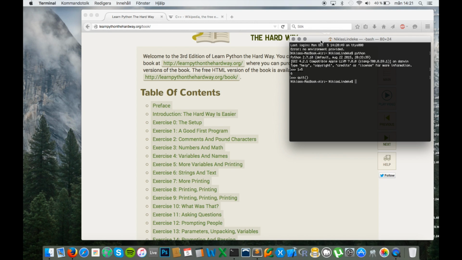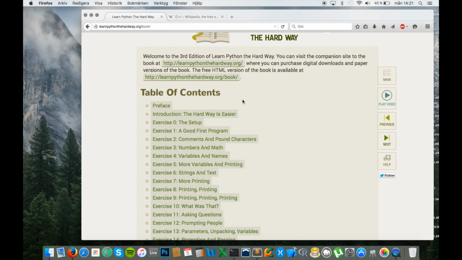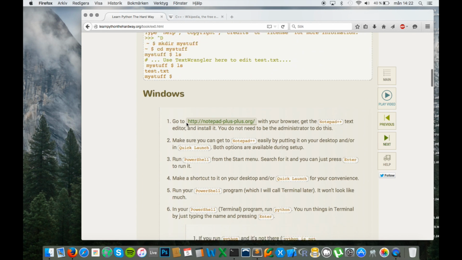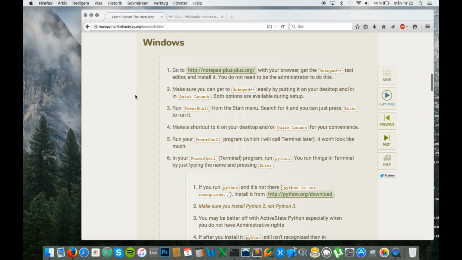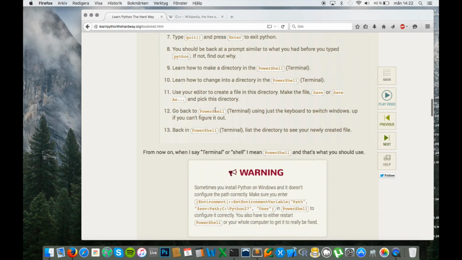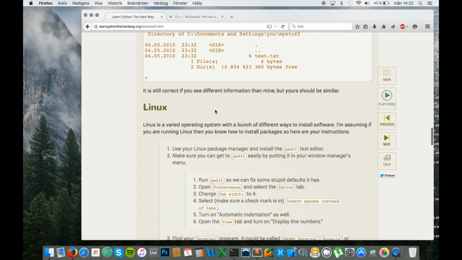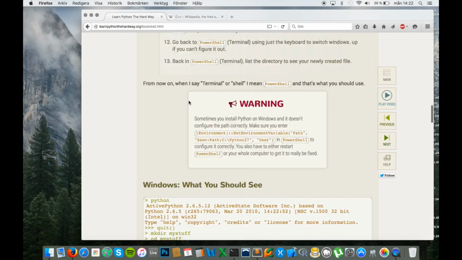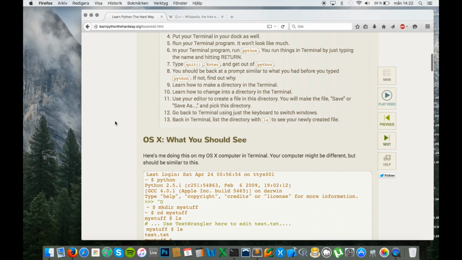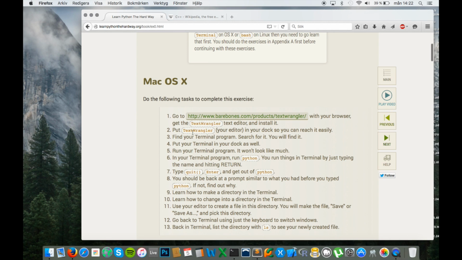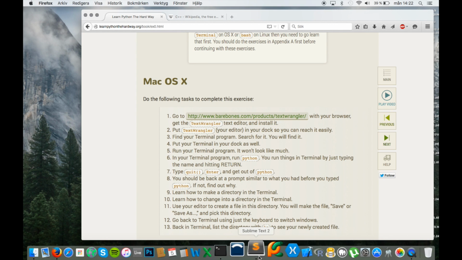And if you are on a Windows computer, you can go to this site and just go through this guy's guide instead, because I don't really know how. I don't use Windows anymore. I'm over that. And if you have Linux, it's fairly similar to how you operate it on a Mac. This guy recommends Text Wrangler, but I myself prefer Sublime Text 2.